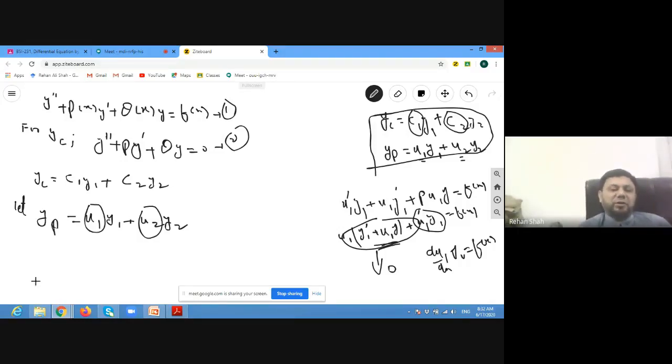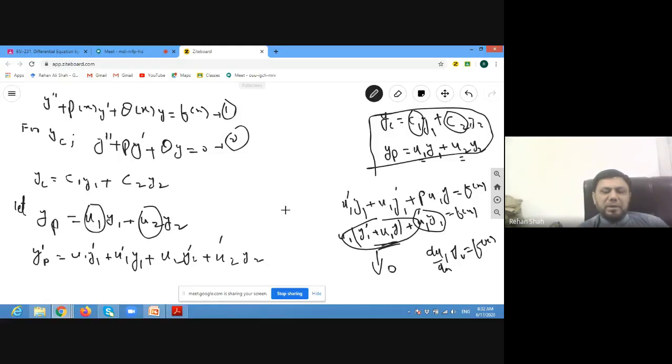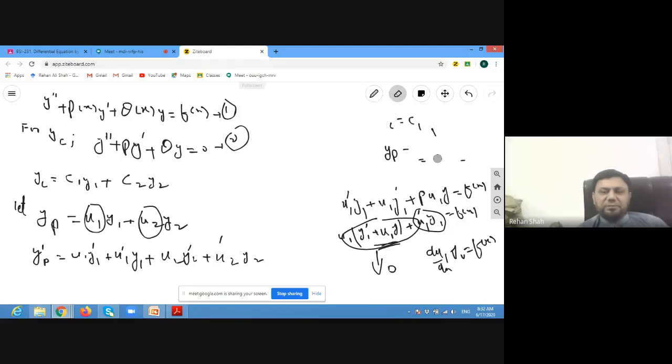So how to find this u1 and u2? Take the first derivative of yp, y dash p. So y dash p will become u1 y1 dash. Apply the product rule. So plus u1 dash into y1, plus u2 into y2 dash, plus u2 dash into y2. Now,